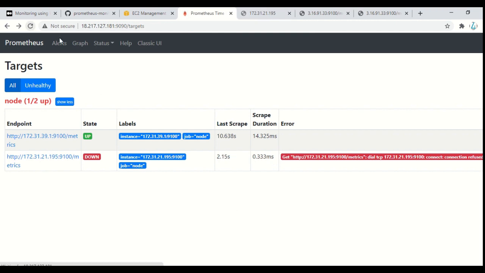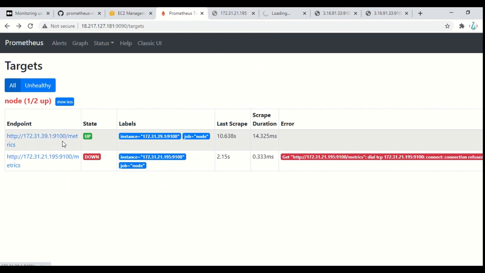Okay, now I'll refresh it and you can see that it is up. Only one instance is up because, as I mentioned, the other is the Prometheus server only, where we did not install the node exporter. But we are using EC2 service discovery, so it fetched all the nodes which are present in that region. It was not coming up because of the security groups. You need to make sure that you added the private IP also in your security groups. If you open this also, this will not come because I think this is not open directly, but it's open for this Prometheus server IP.